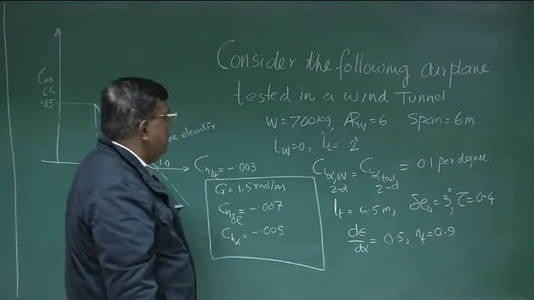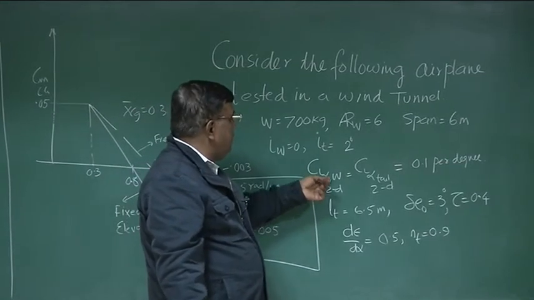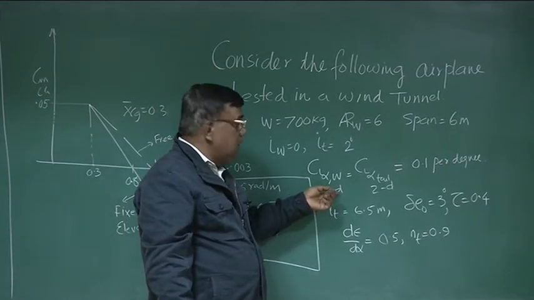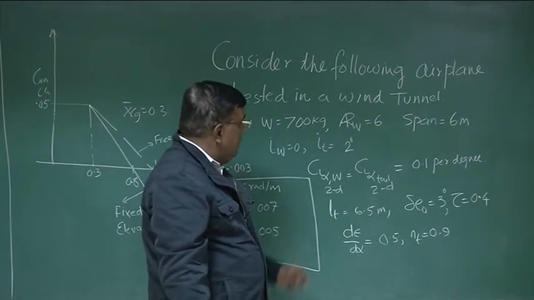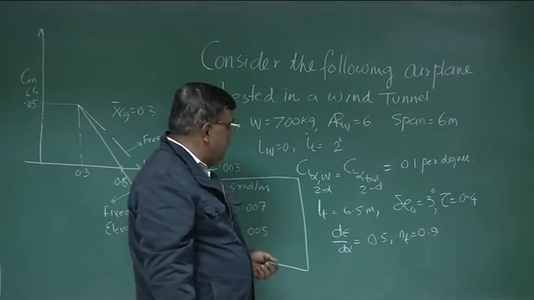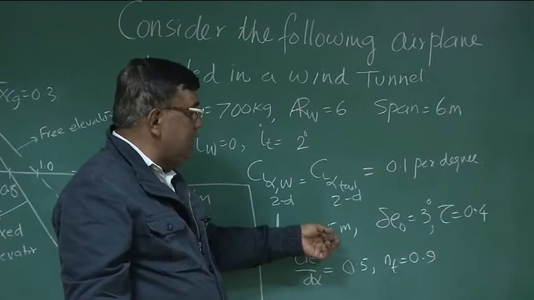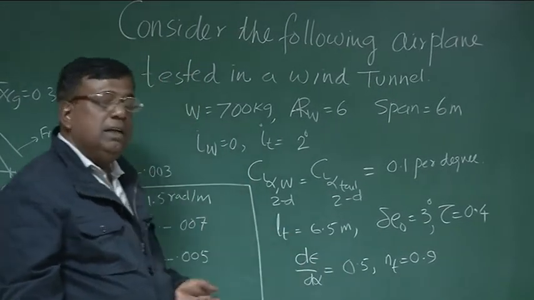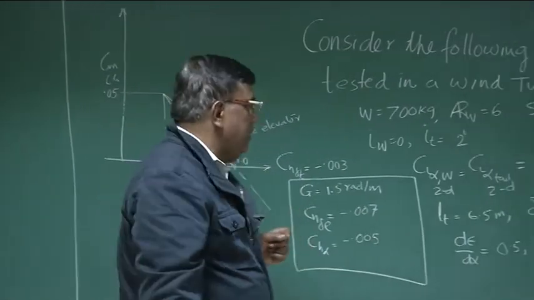Right? Note this. And also some aerodynamic characteristics, that is CL alpha of the wing 2-dimensional, 2D, and CL alpha of the tail 2D is 0.1 per degree. Please understand this is 2D, so we have to convert this into 3D. Okay? Then the tail moment arm lT is given as 6.5 meter. What was lT? lT was the distance between the AC of the tail and the CG of the airplane.